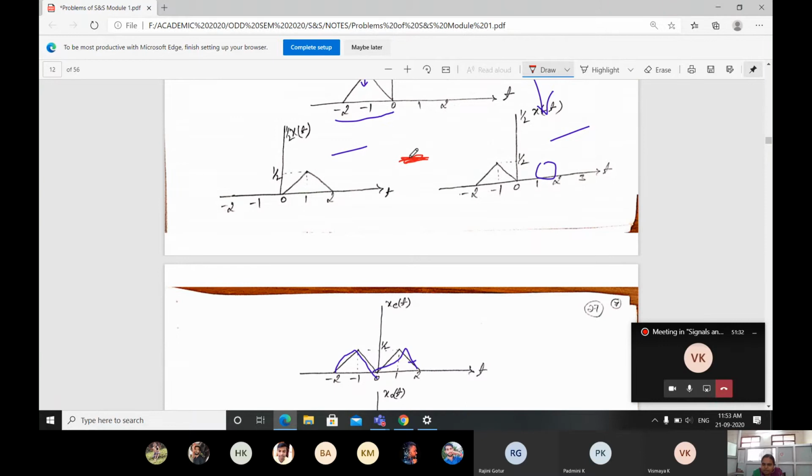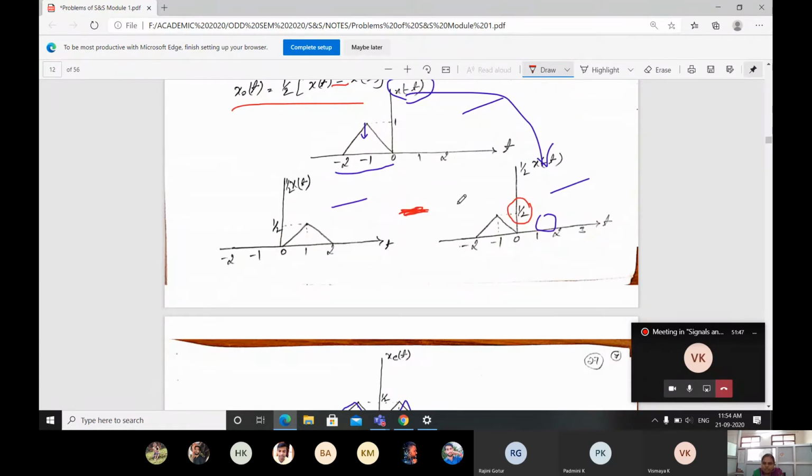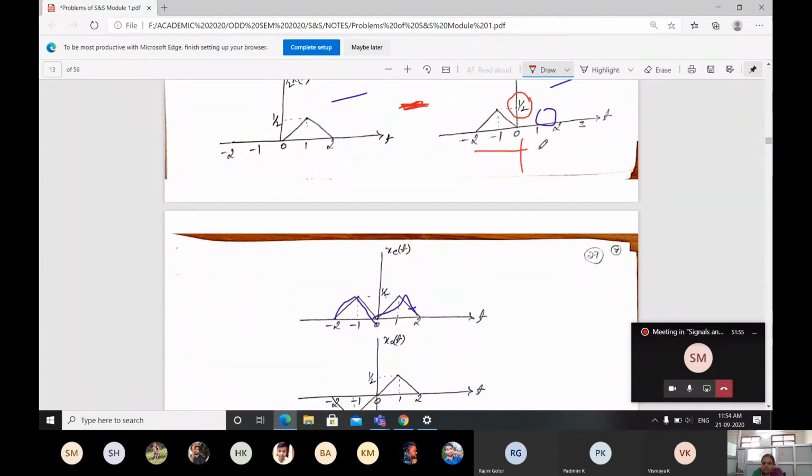For that reason, this minus is going to affect only the amplitude. Remember, the minus sign here is going to reflect the amplitude value only. For that reason this minus is going to be taken as minus 1 by 2. If I do, what I will be getting, the signal is going to shift towards the negative side. That is minus 2, minus 1. It will be 0.